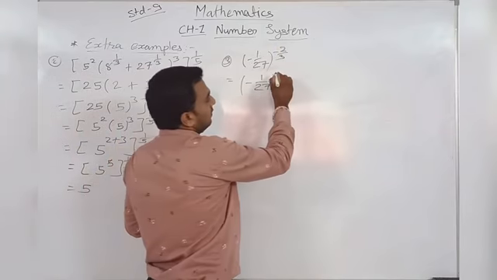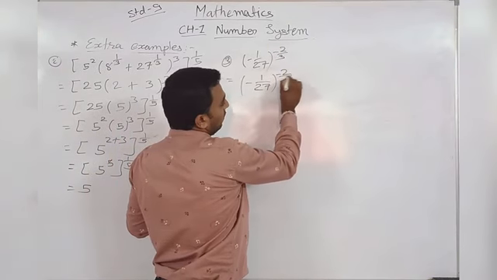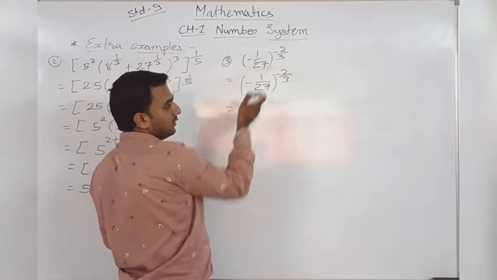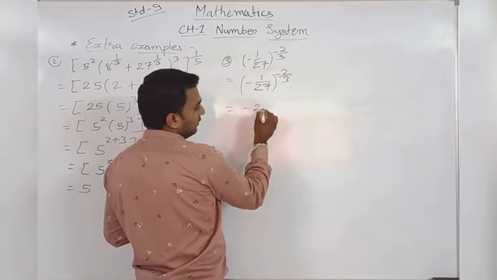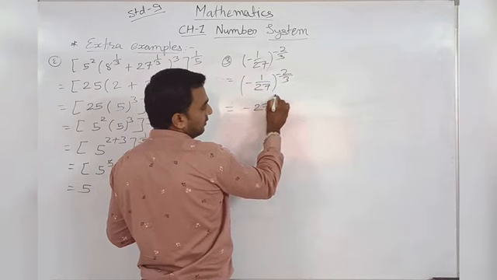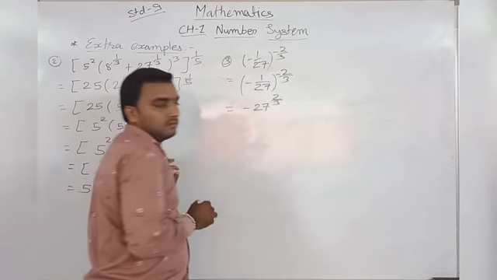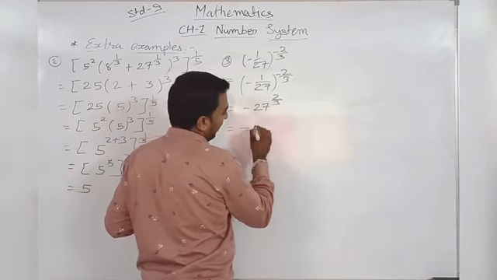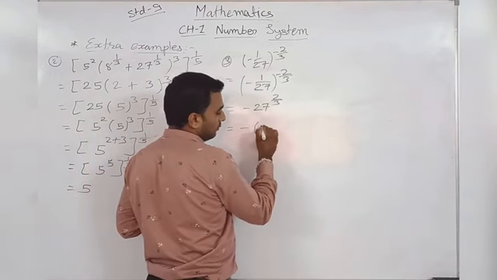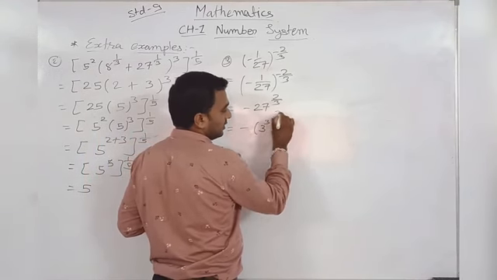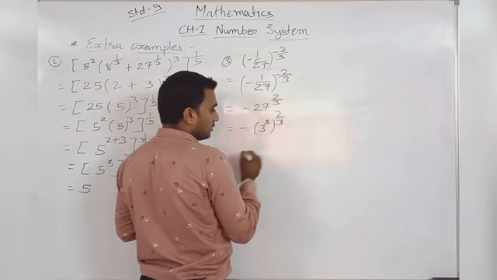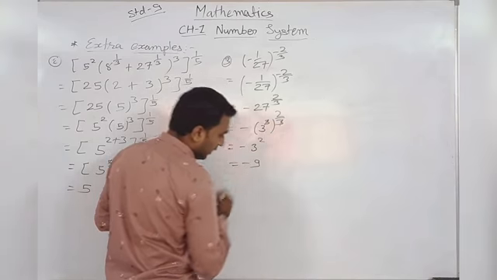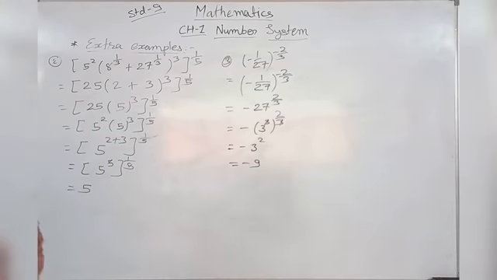To make the power positive, we write 27 in the numerator, and its power is going to be 2/3. Clear? It is going to be plus. Then minus, 27 is 3 cubed and its 2/3 power, so minus 3 squared, that is minus 9. Clear? Then next,